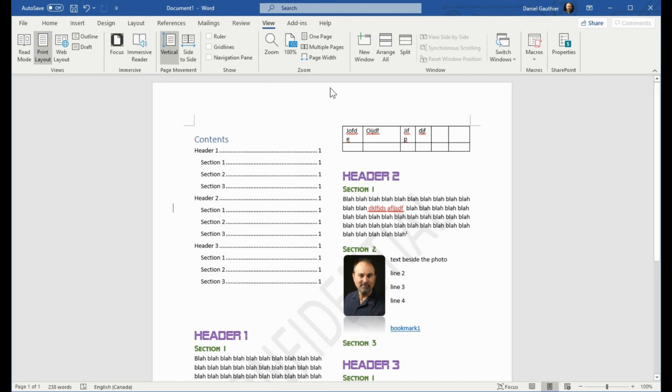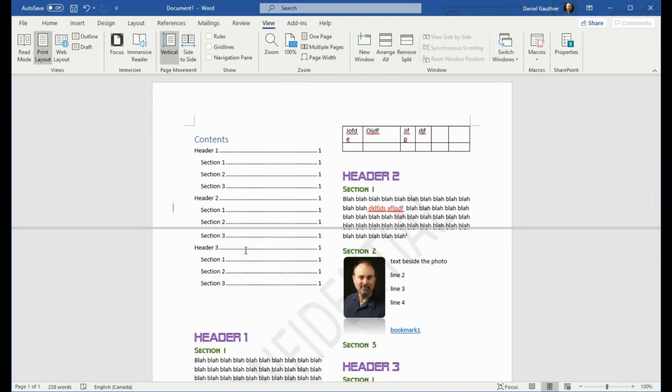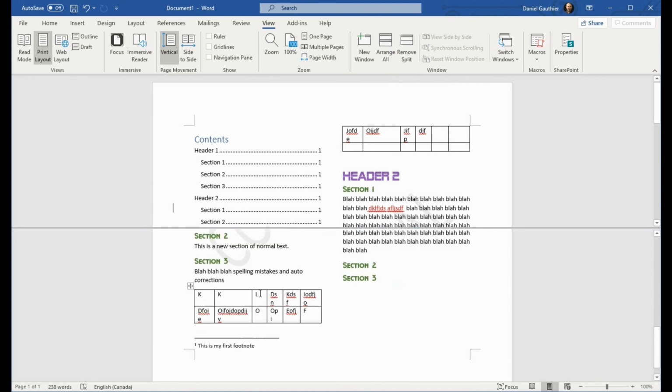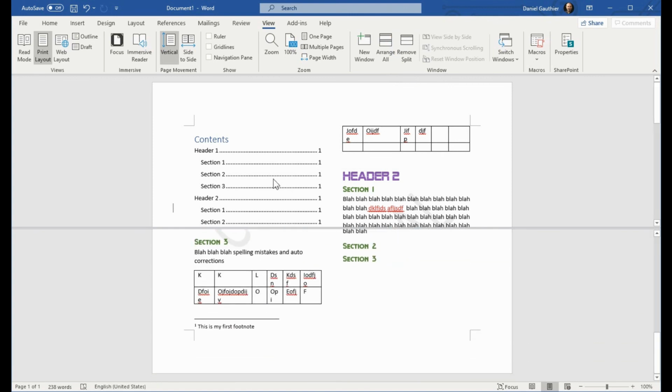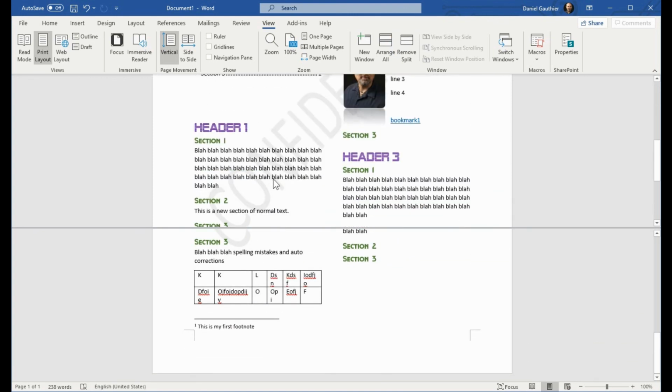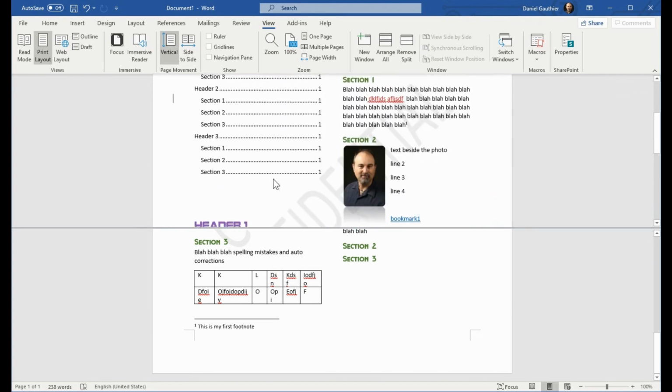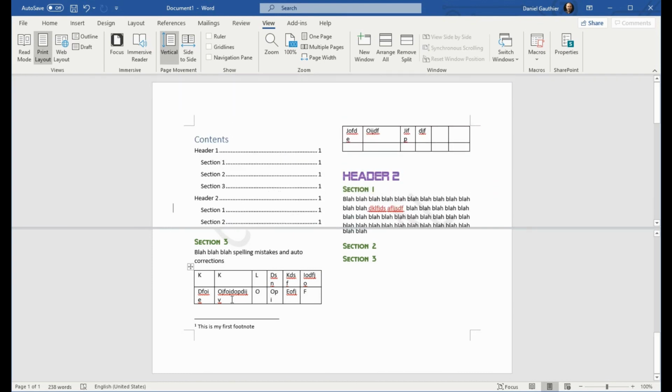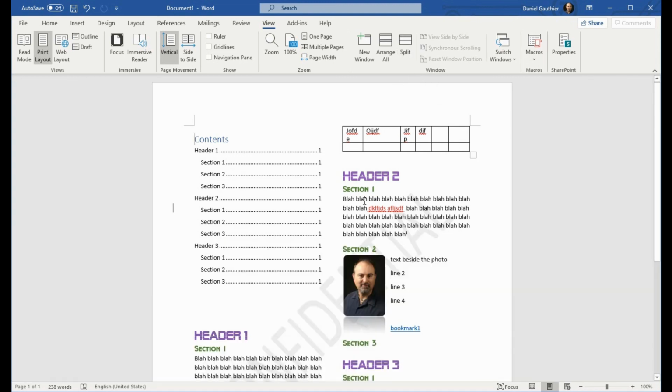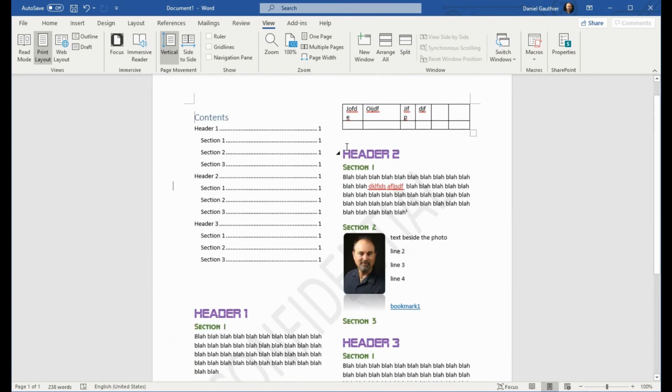You can take your time going through a lot of these options here, but we're going to skip ahead over to split and have a look at that. This allows you to look at two different parts of your page at the same time. So if you wanted to work on two areas and look at one section and the other section at the same time, you can actually do that using the split. You can click remove split and that takes it out.